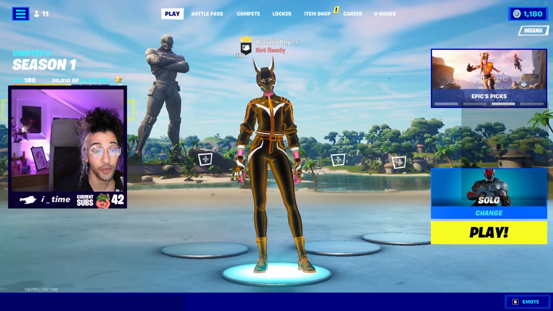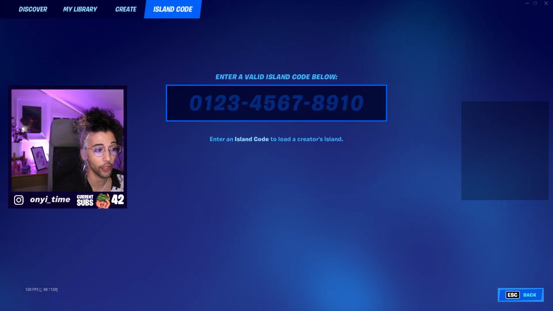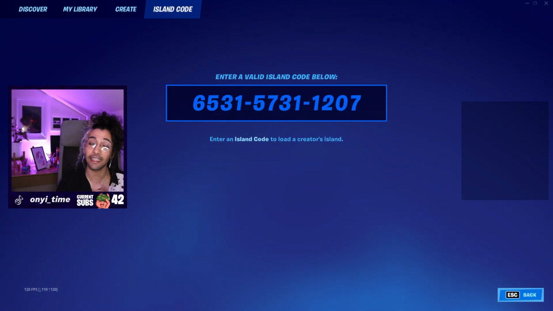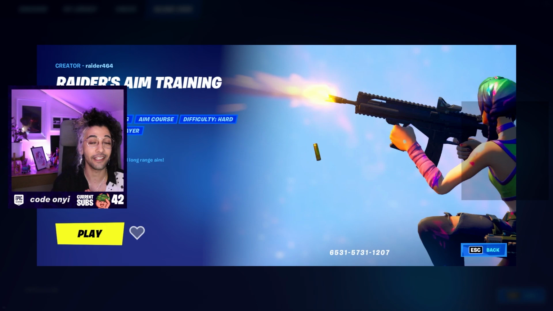So first thing you want to do here today is load up your Fortnite, change game mode, go to item code, and copy and paste the item code into it. Now this item code is going to be linked in the description and in the comments down below, and if you want to take this and just jump into it yourself, that's all well and good, but